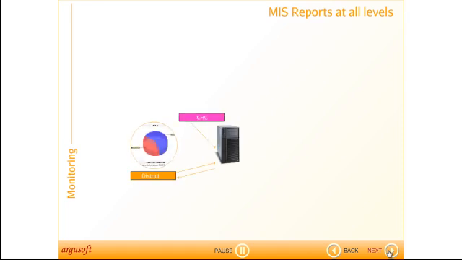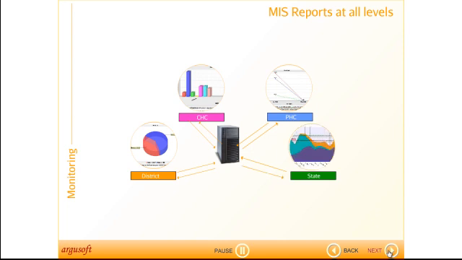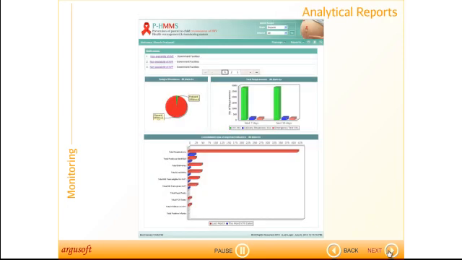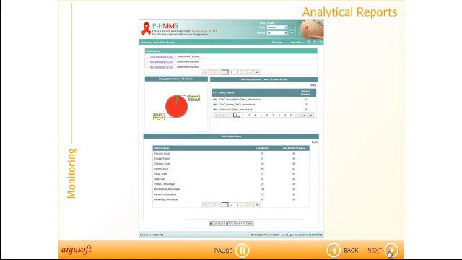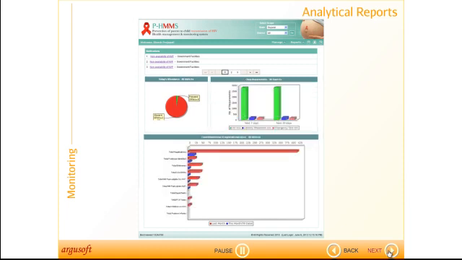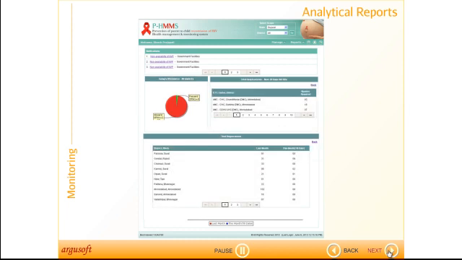The MAID platform's web interface provides several features for monitoring the field activities. In addition to several operational features, the interface also generates easy-to-read MIS reports that are relevant to various levels of the organization, starting from the level of district and going up to the level of state or even the country. Several analytical reports are also available to the program management staff. More such reports can be customized based on the requirements.